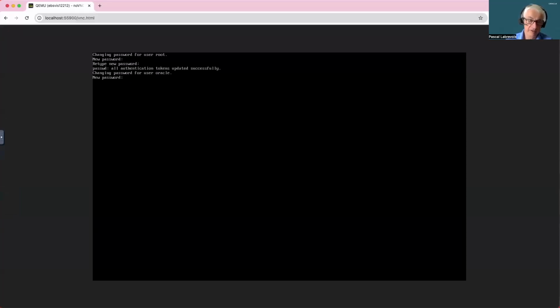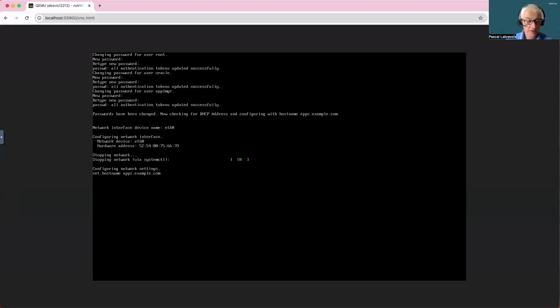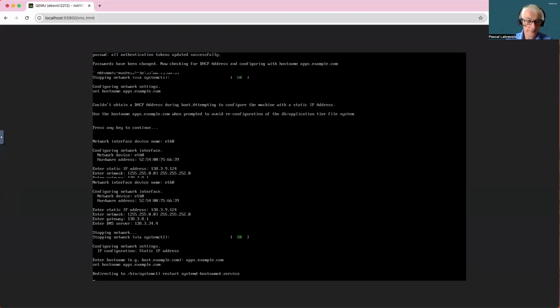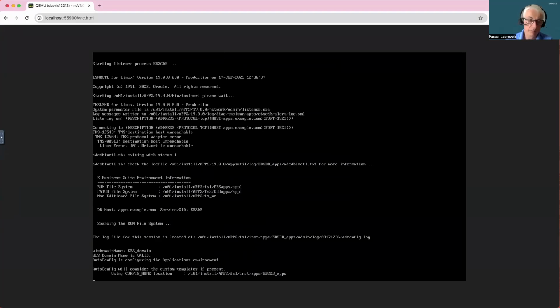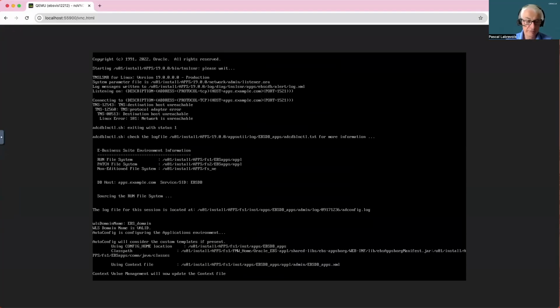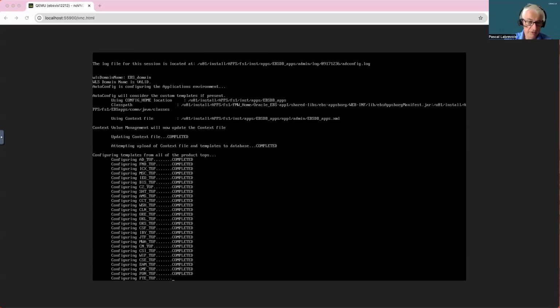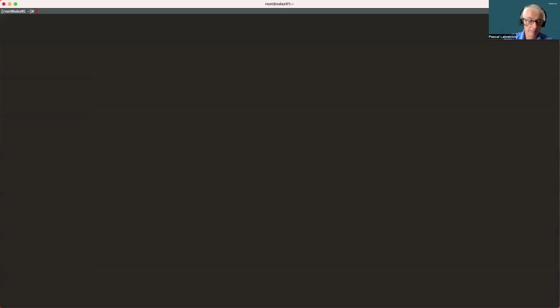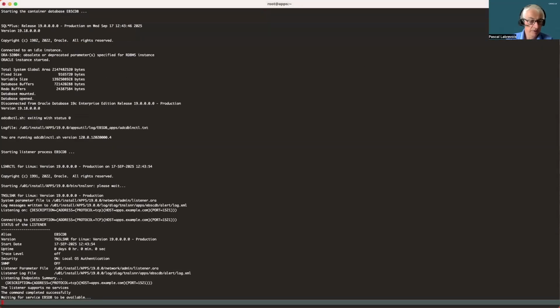So I'm connecting to the VM via the VNC port, changing the password, and setting up the host name and the IP settings. Some automation will take place for EBS, such as starting the database and running autoconfig. This is done automatically. Because the network is attached to the VM, I can now connect to the VM via SSH. It is more handy. So I can connect to the VM to finish the EBS setup. It is a mix of manual steps and automation, semi-automation.